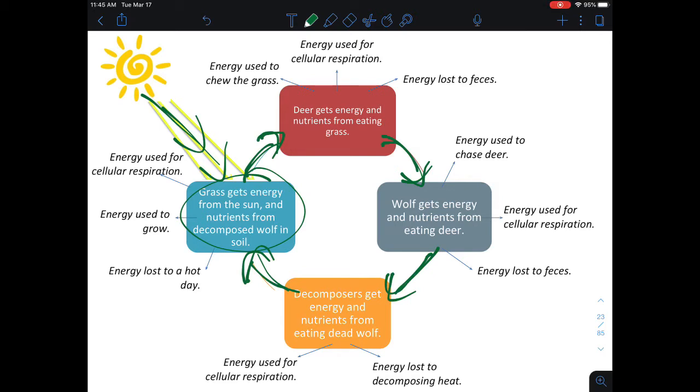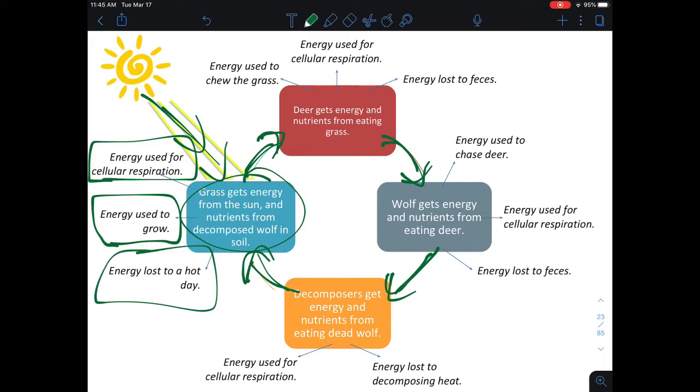But that's not true. So just in growing, that is transforming heat, light energy into chemical bonds. That cannot be done at 100% efficiency. Doing things like cellular respiration, breaking down that glucose back into CO2 and water to make ATP, cannot be done at 100% efficiency. On a hot day, a plant will do the process of transpiration, and transpiration is going to let hot water molecules evaporate into the air, which of course is going to take energy with it.